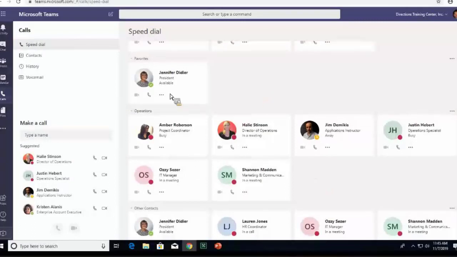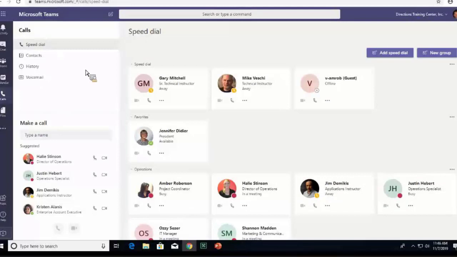We've met. But you can see I can call anybody in my organization from here. Now, I don't have a traditional phone system hooked up to my Teams, but some of our sales representatives and some of the upper management have it where they can actually dial any phone number on the planet right from their Teams. I usually just do the computer-to-computer calling because it's usually just me checking in and talking to people